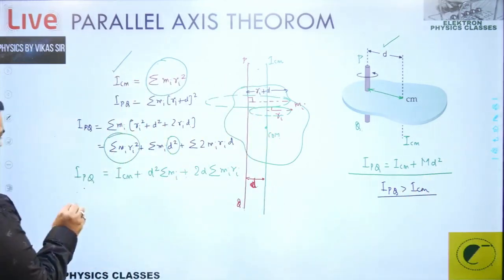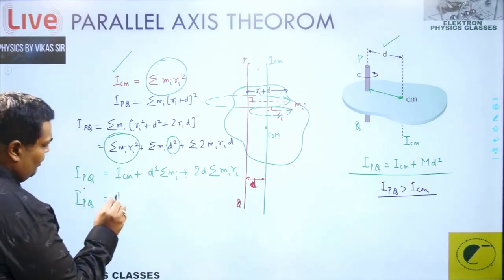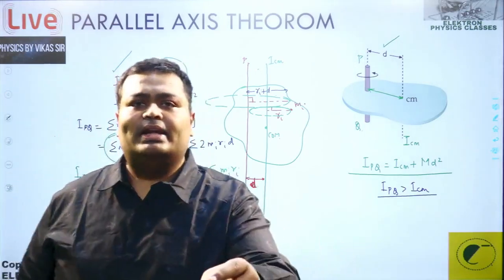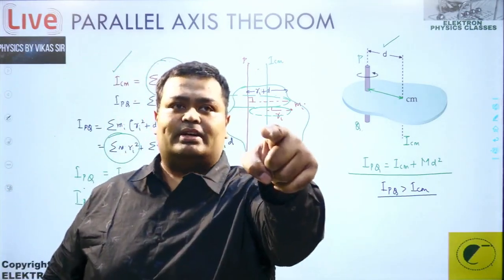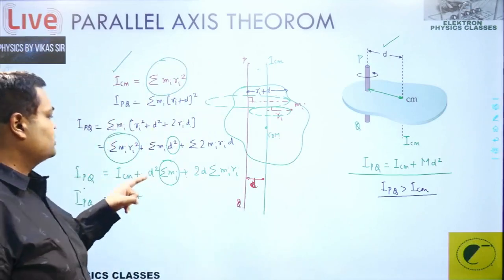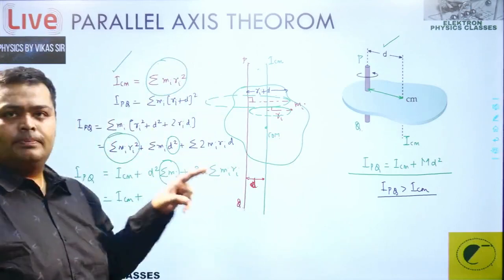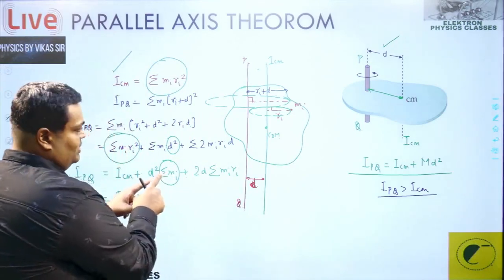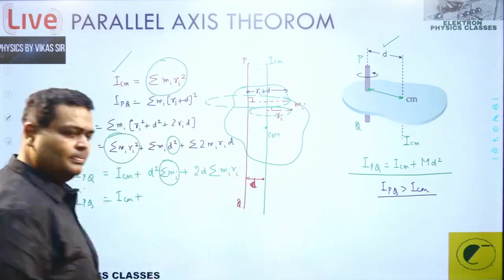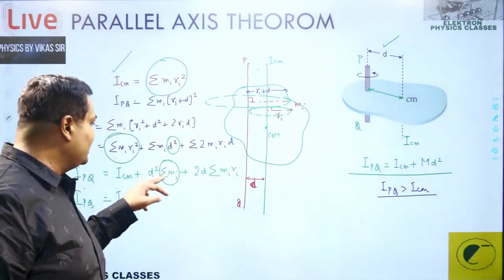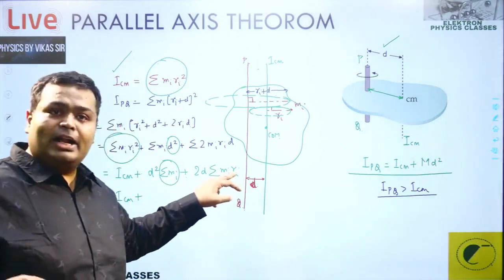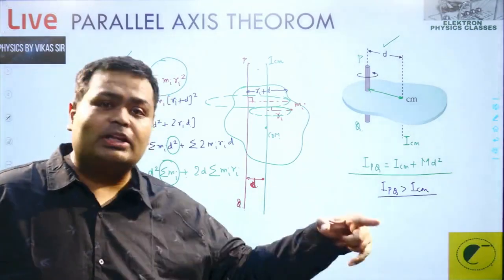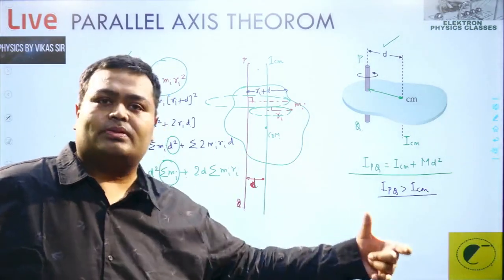Does it match? Or still it does not match. So the next step, the moment of inertia about the PQ is equal to about the CM plus, what is summation Mi, my friends? That's the 0th moment of mass. Yesterday we did it. Can you see these terms? This is second moment of mass. This is 0th moment of mass. This is the first moment of mass. Summation r power 0 Mi. Summation r power 1 Mi. Summation r square Mi. Everything, 0th moment, first moment, second moment in this equation.